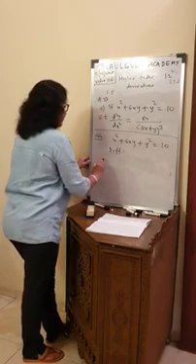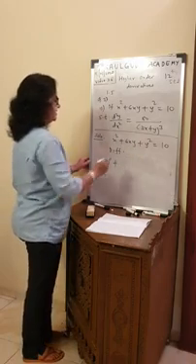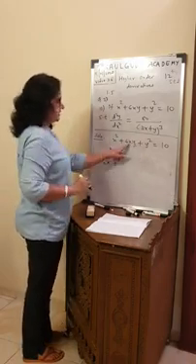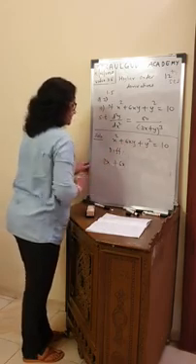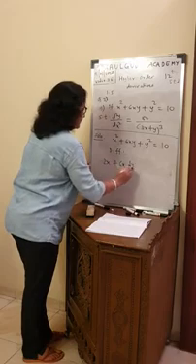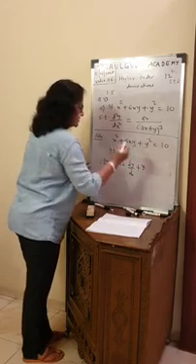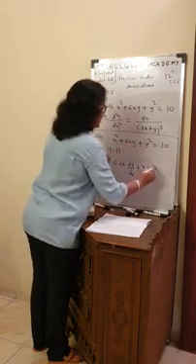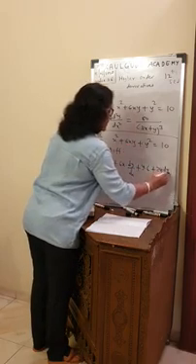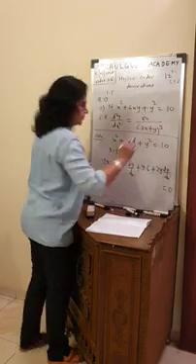x square, derivative 2x plus. Now regard this as a product: 6x into y. Product rule: first term as it is, derivative of y is dy by dx, plus second term as it is, derivative of 6x will be 6, plus y square, 2y into dy by dx. RHS derivative 0, so zero.